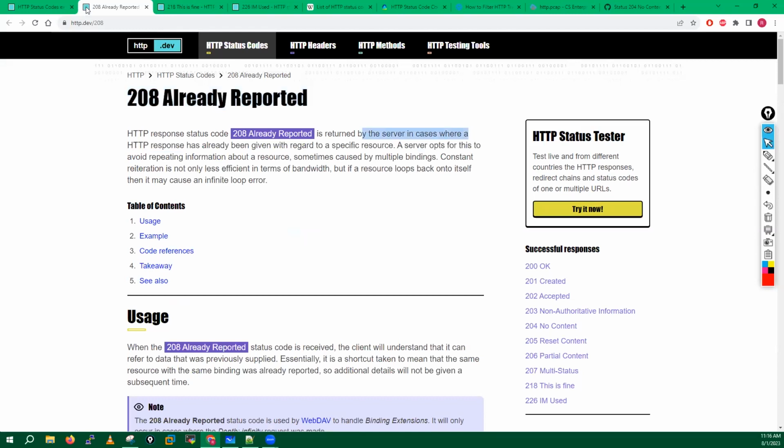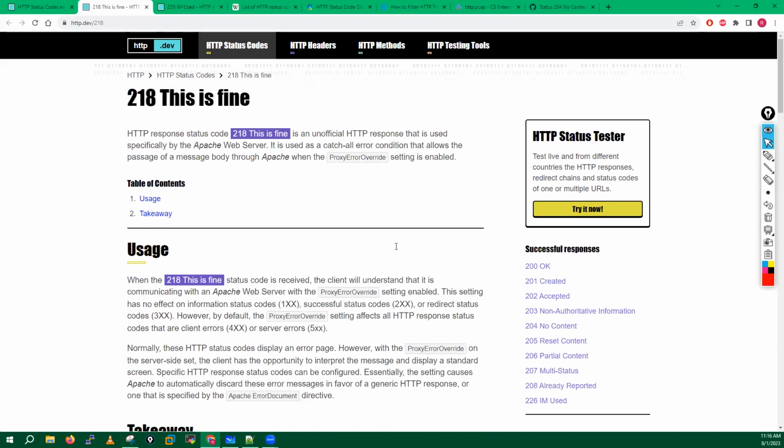301 Moved Permanently. This is the most popular status code, right? You can test this: let's suppose your Facebook, your YouTube, all these websites are running on TCP 443. If you open them like www.youtube.com, what will happen? At that time they will send the request on TCP/80. So you will get a response from the server with this 301 Moved Permanently code, right? And you will get the redirection URL saying this website is now available on